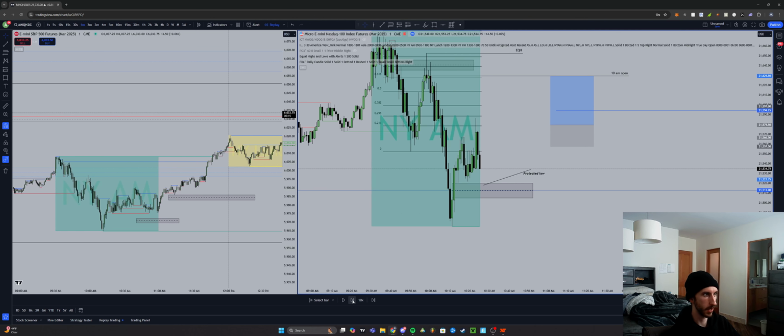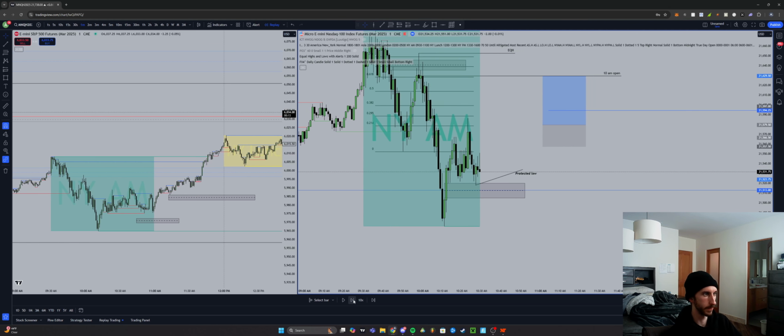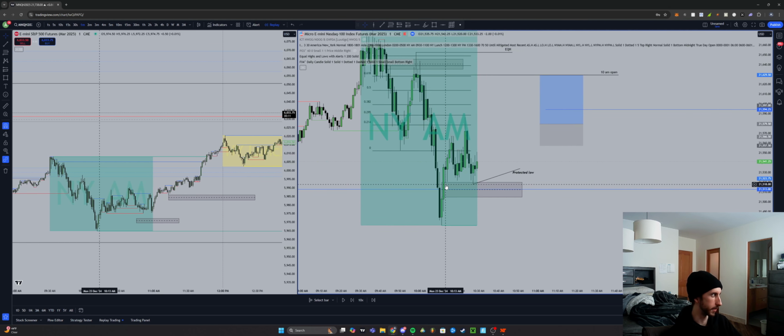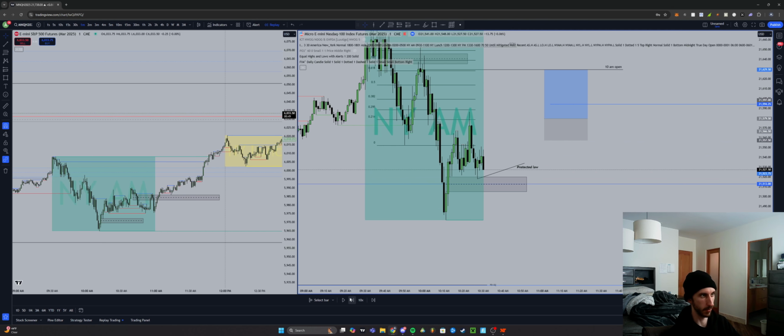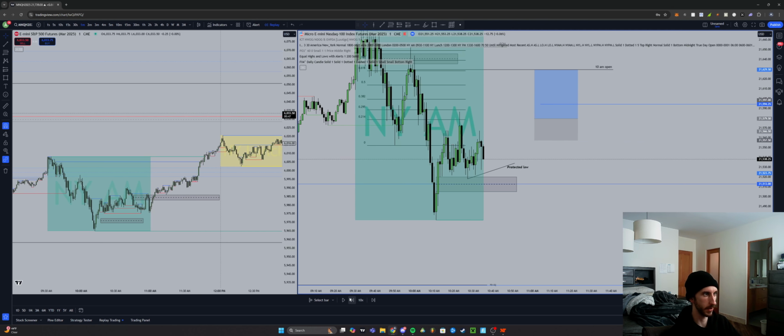There's not much for me to trade here, right? So now we come back into this fair value gap here, and we actually fail to run into this fair value gap here on ES. You'll notice this candle at 10:27 fails to run the 10:13 low right there. So we fail to run it. We have an SMT there, but obviously there's no inverses. There's nothing to tell us that price wants to go up yet. So we still wait.